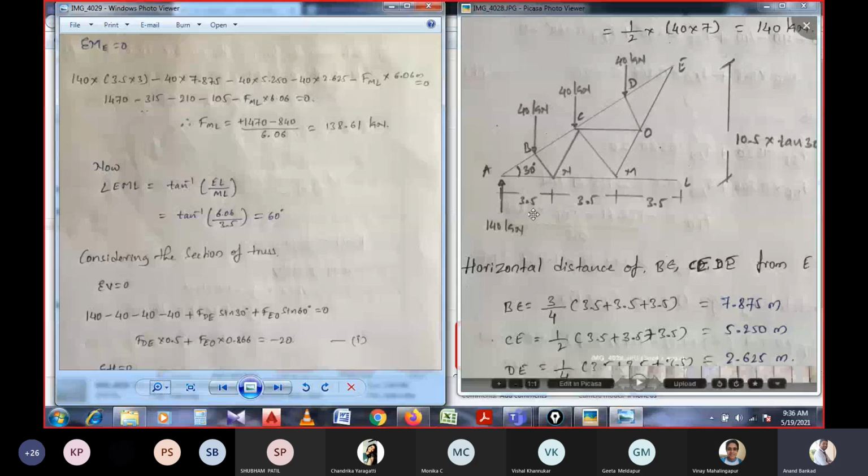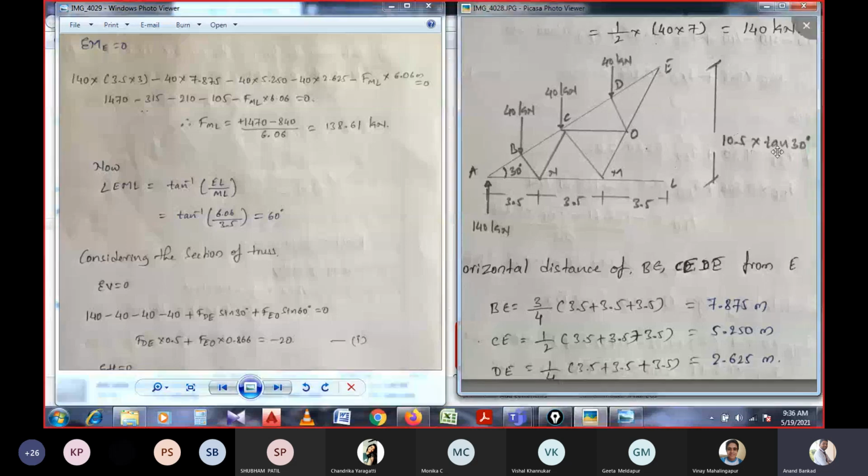Apart from these vertical forces, we have another force which is in the horizontal direction, which is ML, we can say. Since we take the section at this point, this ML force, which is having the horizontal direction, also needs to be considered. So if you consider ML, it will have the perpendicular distance of 10.5 into 1030. If you solve this, 10.5 into 1030, it will be 6.06 meters. And FML is unknown. This force is unknown with the perpendicular distance of this one.